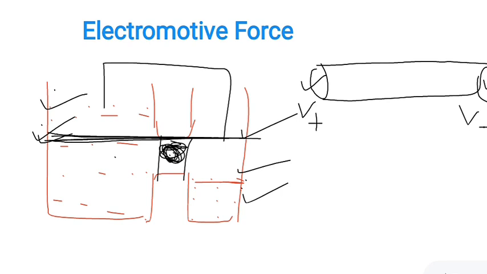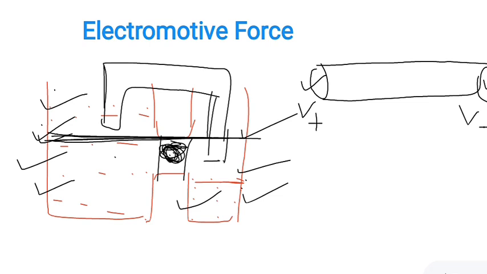Okay, so what will we do? Now first in this example, what will we do to get a constant pressure difference? We put a pump like this between these. Okay, so this is the pump which maintains the pressure difference between these two sides. So when the water from this container comes to this side, what will the pump do? The pump will pick the water from here and put it down to this side. Okay, so what is the function of the pump? The pump maintains the constant pressure difference between the two ends of the container.